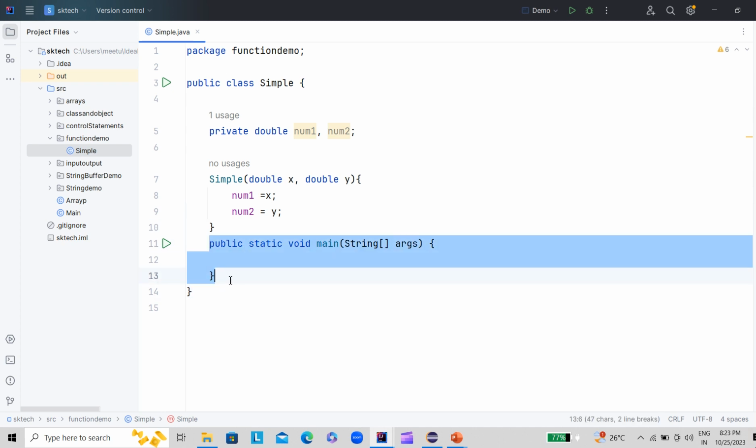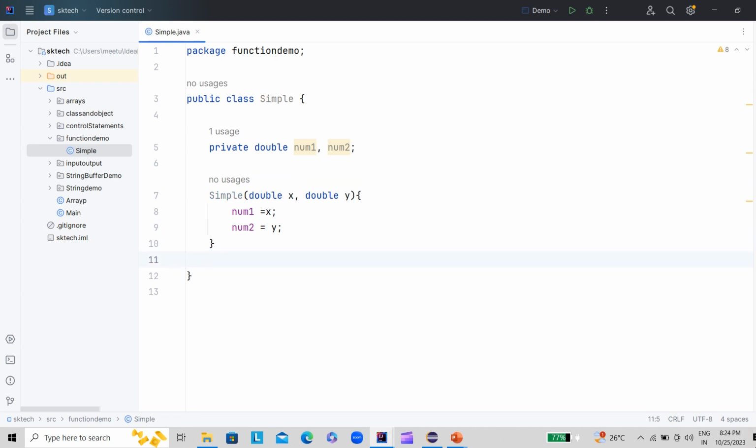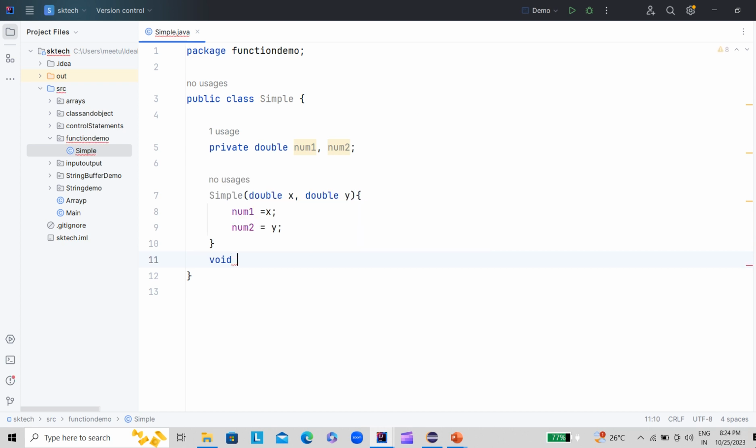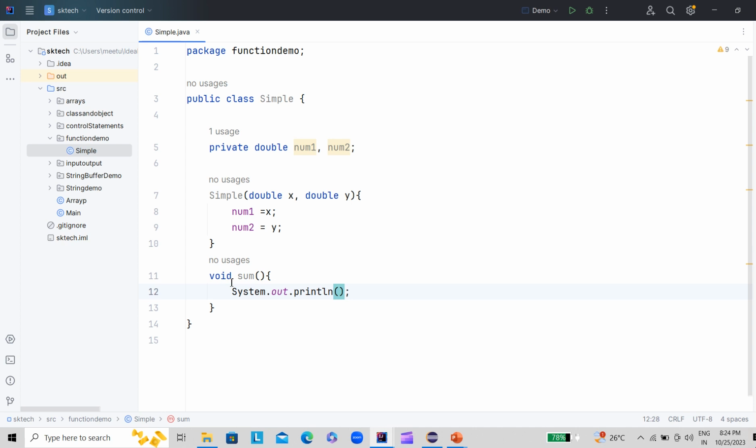Let's remove the main method, basically. Let's write a method without return type and without argument or parameter. How can we write it? We need to write void. Let's say we have written a method called sum, and we are not expecting anything. Let's say we are printing the addition of these two numbers.